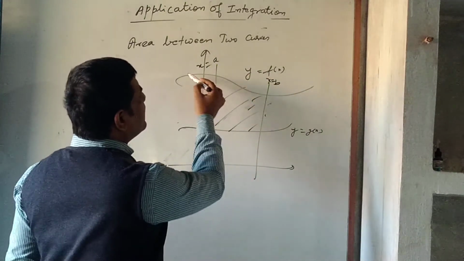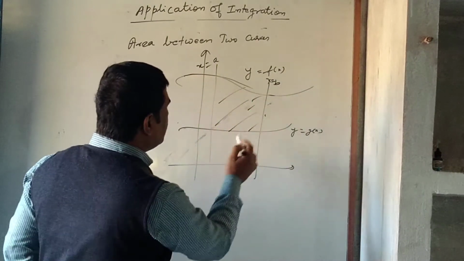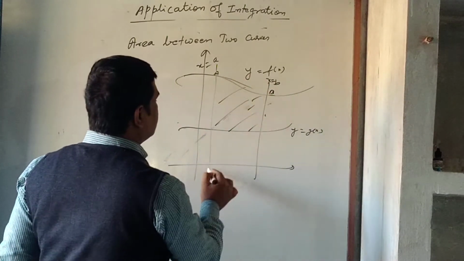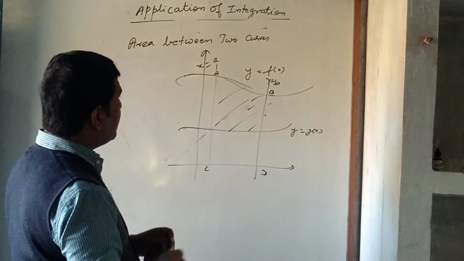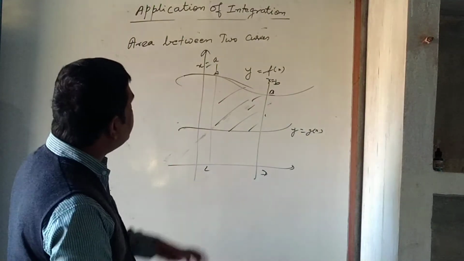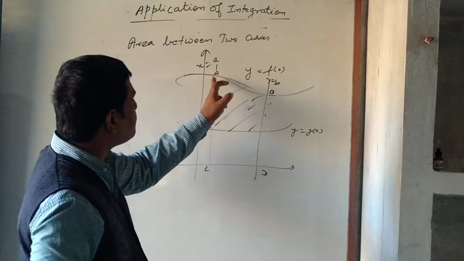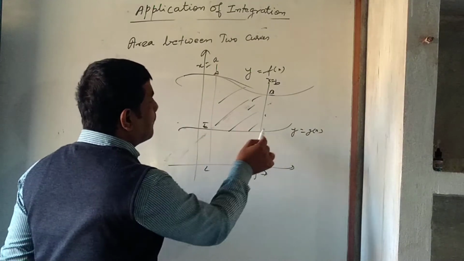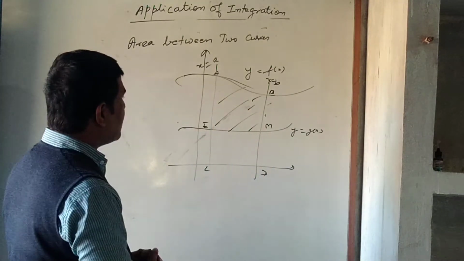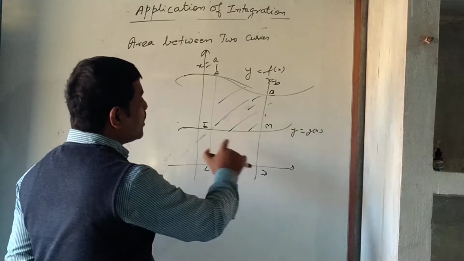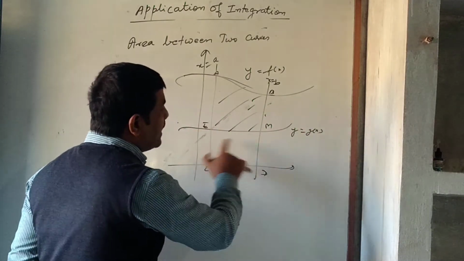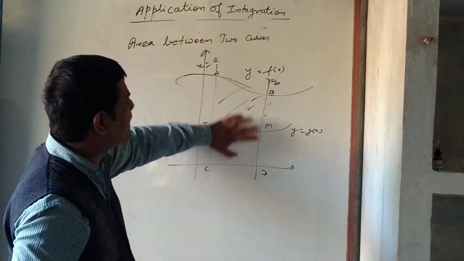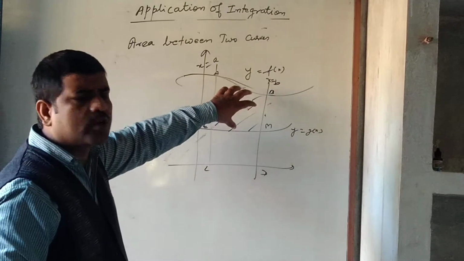Then you can see, if you integrate this curve from a to b, this total area up to here is obtained. If it is a, b, c, d, then to get the area a, b, c, d, we have to integrate y equal to f(x) from a to b. And if we write here E and M, then to find the area E, C, D, M, we have to integrate y equal to g(x) from a to b. Then if these two areas are subtracted, if from the total area this area is subtracted, we can find out the area enclosed between the two curves.